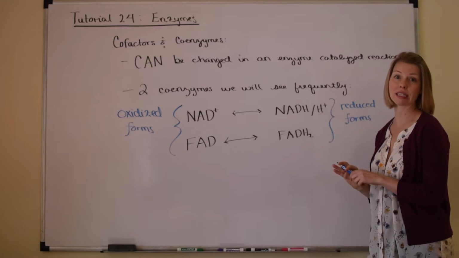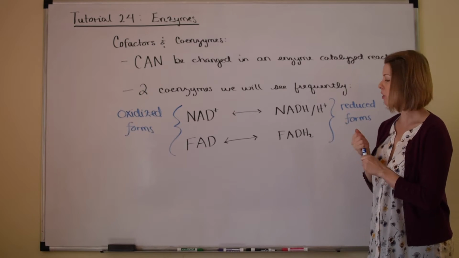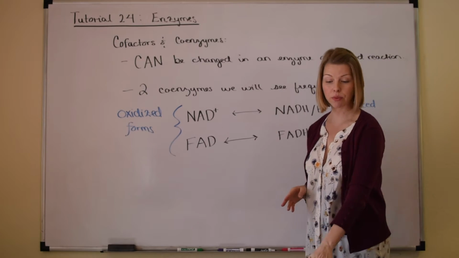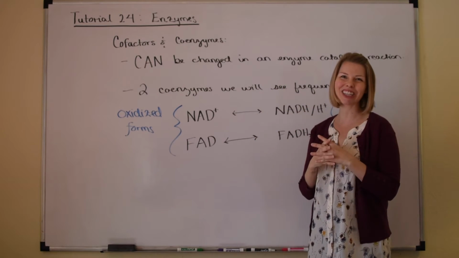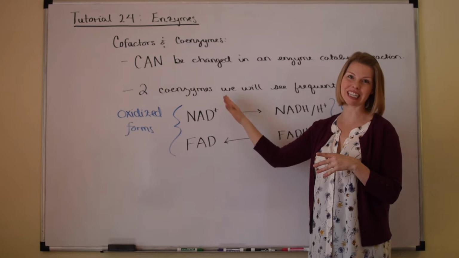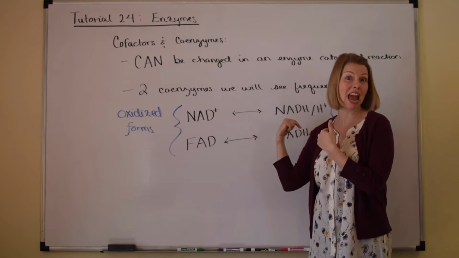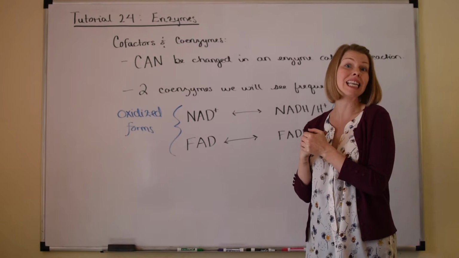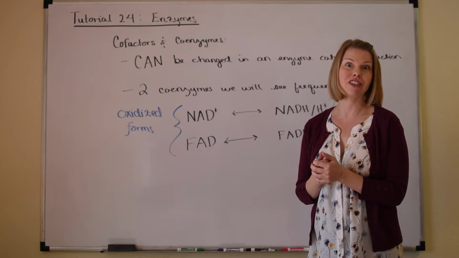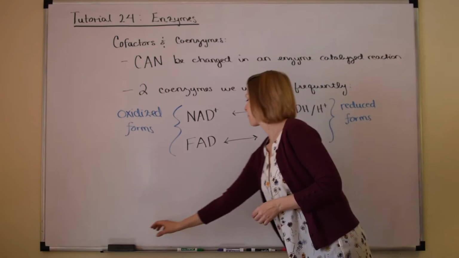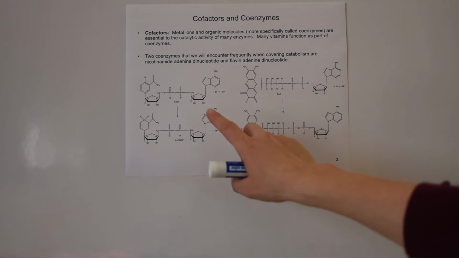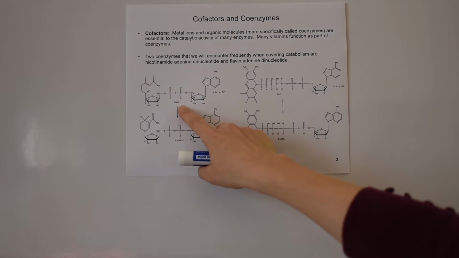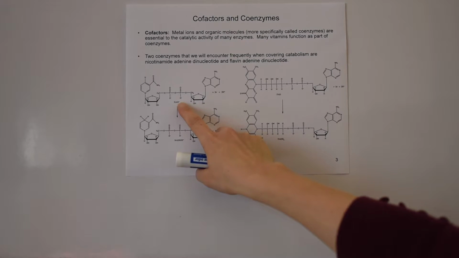For these two coenzymes. So what I'd like to do now is go ahead and zoom in on slide 3, where I have drawn out the entire huge, complicated looking structure for each of these coenzymes in both the oxidized and the reduced form, so you can actually see where that site of reduction occurs. Okay, so zoomed in on slide 3, we can see NAD, the nicotinamide adenine dinucleotide, in its oxidized